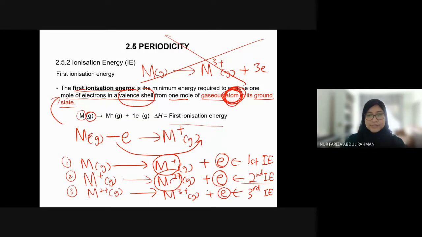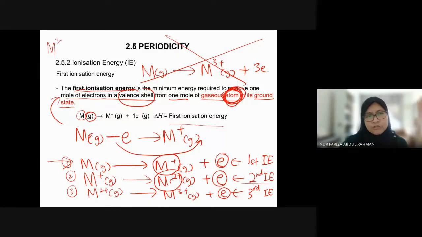Okay? Alright. So the safest way, if you are asked about successive ionization energy, this is what we call berturutan. If they ask you to write the chemical equation for the fourth ionization energy, I would highly advise you to start from the start, from the atom itself. This is IE1, this is IE2, IE3 until IE4, so that you can see. Unless you are really good, you already know IE4,